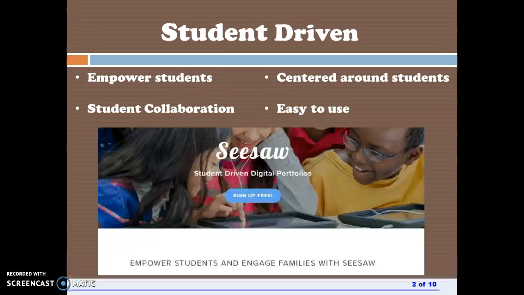As I said, Seesaw is student-driven, which I think is really great. The students can post onto the classroom wall, and they can comment on each other's works, they can work with each other. In one of the videos describing Seesaw, a 5th grader said it was like a Facebook page for the classroom, which I think is a really great way to keep the students engaged with the schoolwork